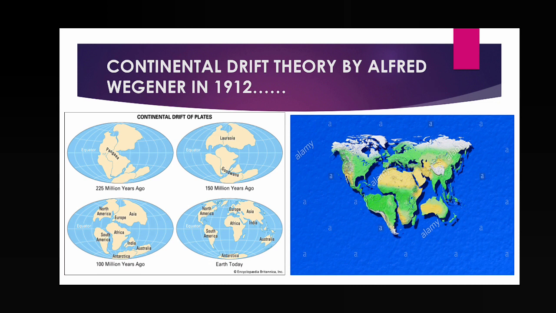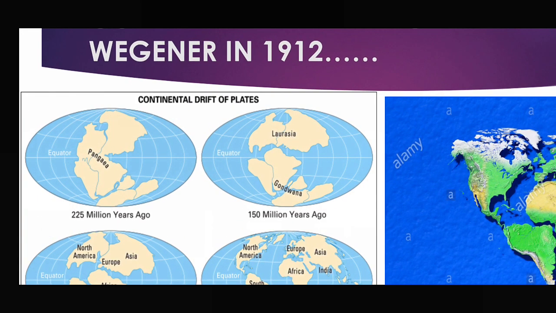Pangaea. All the continents were at that time located in one place, that is, we are thinking near Africa, where Africa is present now. At that place the continents were located, and this supercontinent is called by which name? That is Pangaea. Around the supercontinent there was only one ocean, and this ocean is called what? Panthalassa. That is called Panthalassa.